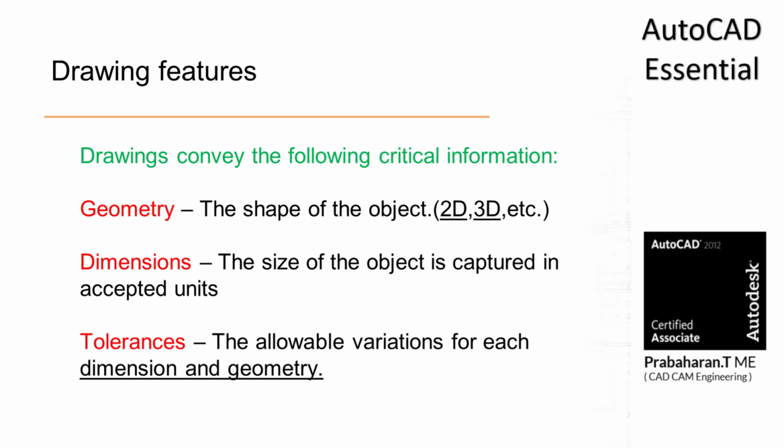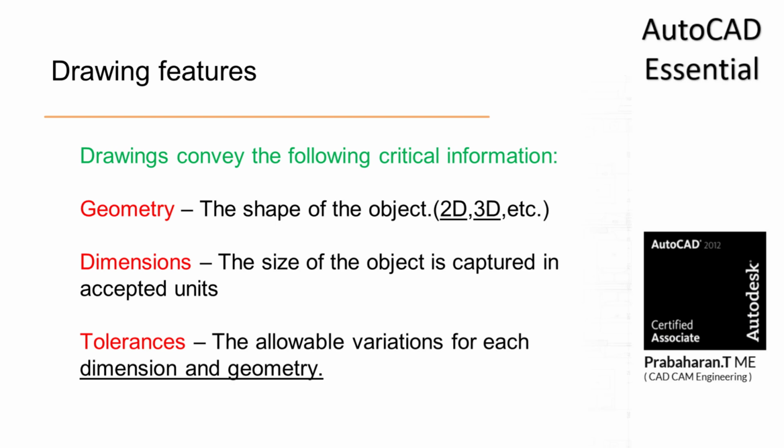Then tolerance. Tolerance is a very important topic and it is a separate course. Let me show how to implement those tolerances in the AutoCAD drawing. Tolerance is nothing but there are two types of tolerance: dimensional tolerance and geometrical tolerance. Okay, how the variations can be allowed in the shape as well as size, we will discuss that later.